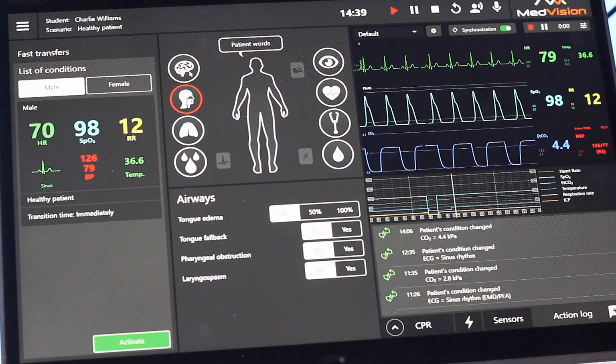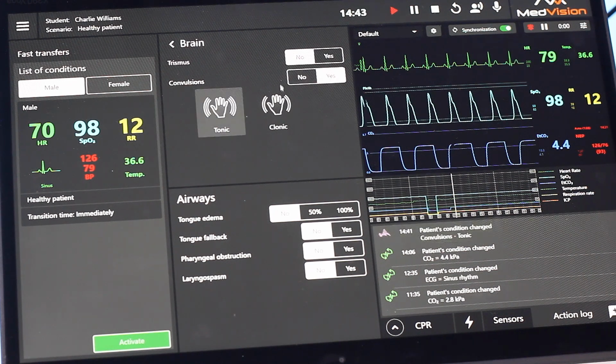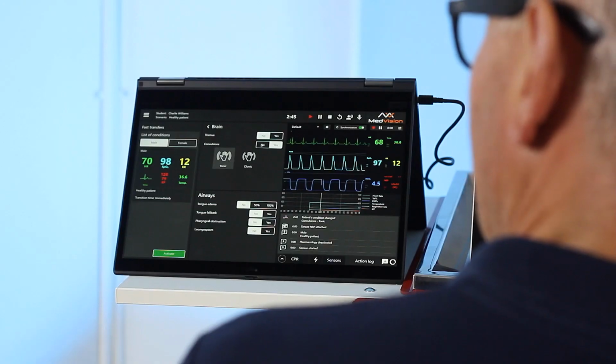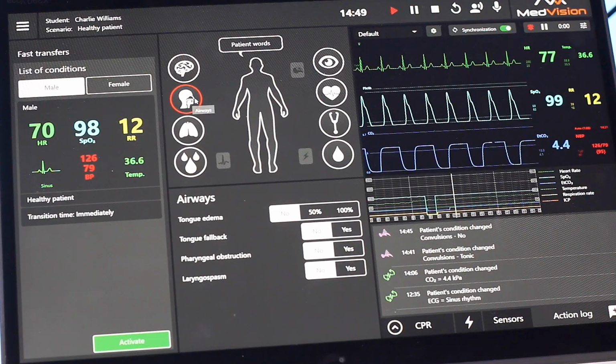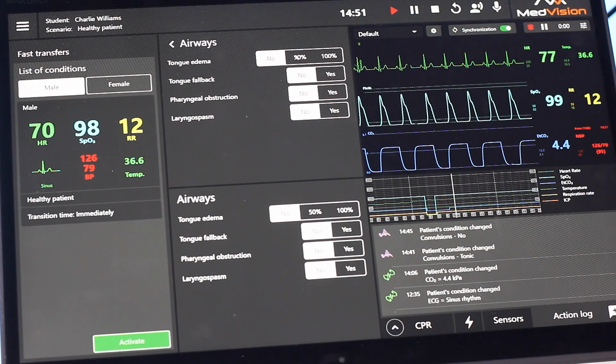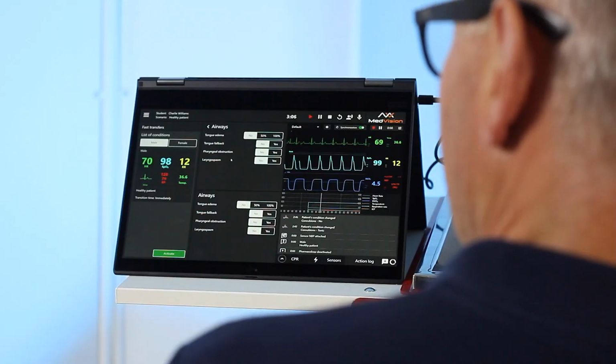So in here we have the brain, and this is where we find the trismus, and we can also activate the convulsions very simply by just pressing the yes button, and the simulator will convulse. And we click no, and that will stop. Airway, if we open it up, we can see this is where we have our tongue edema, tongue fallback, and